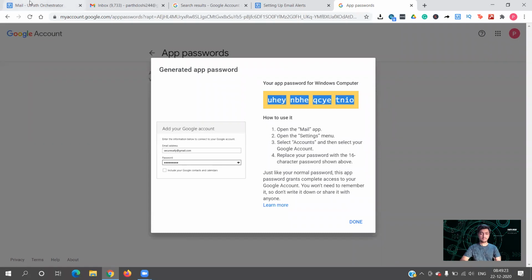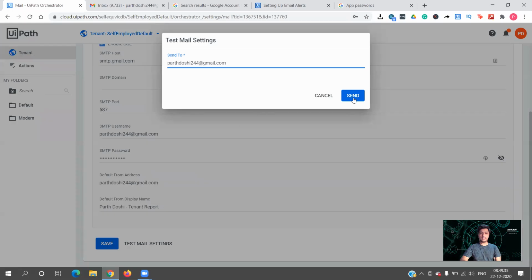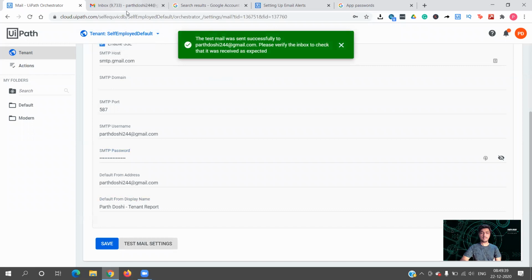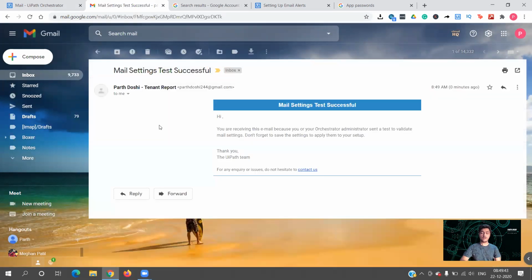Copy, paste. Let me hide this and test mail settings. Sent to parthdoshi244@gmail.com, and the mail was sent. Let's see over here. After providing all the credentials properly, I have the mail received successfully.